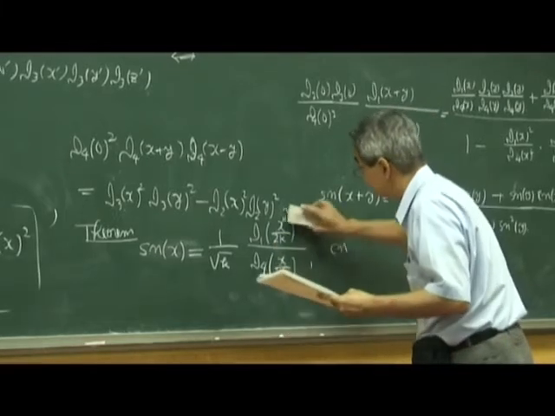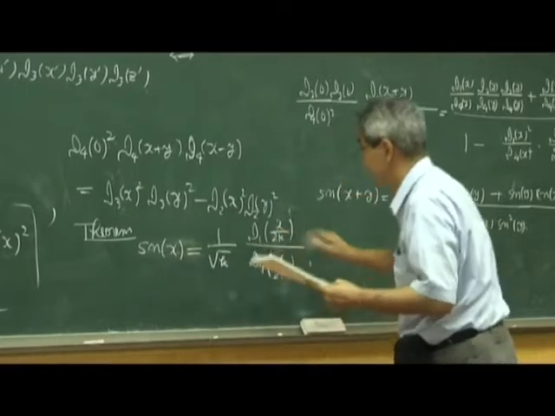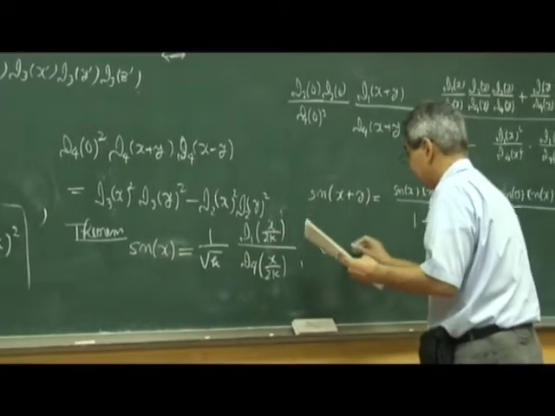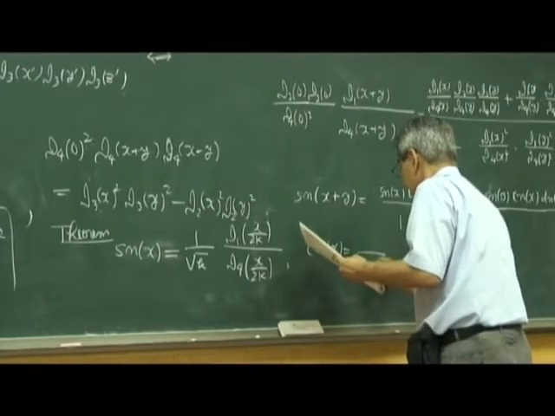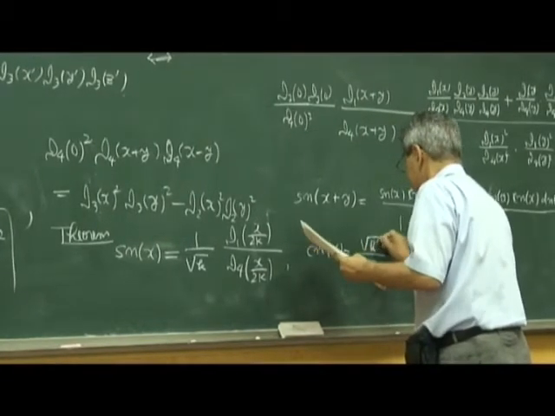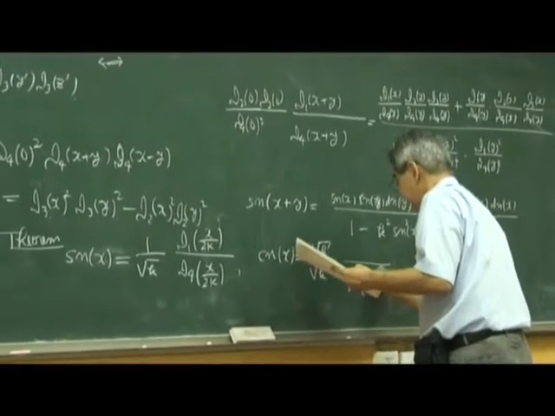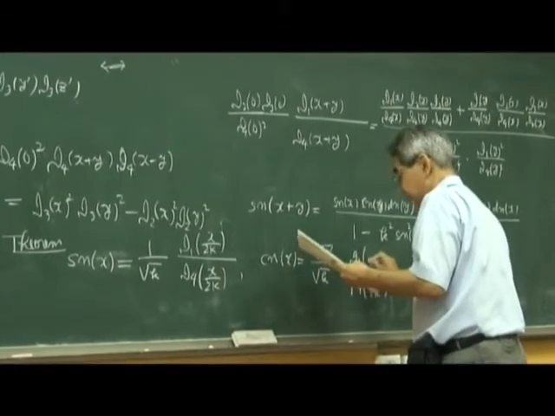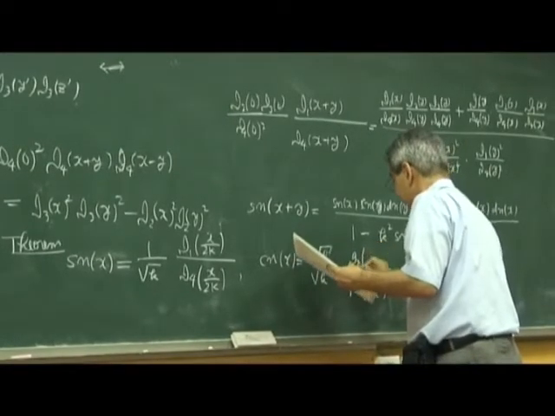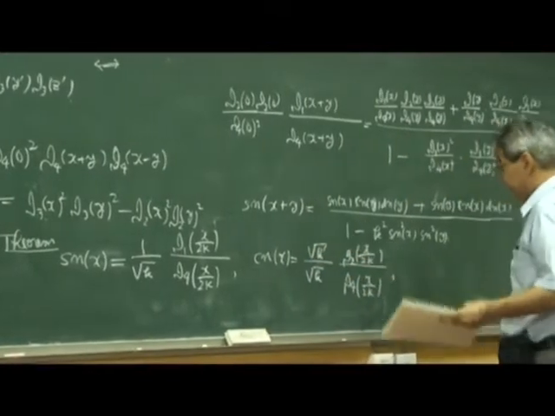No, not u. So u is here, so the relation k prime of theta 4 of x over 2k and theta 1 of theta 2 of x over 2k, and here